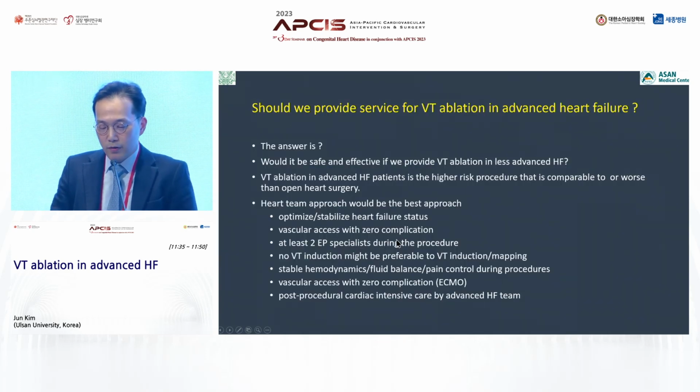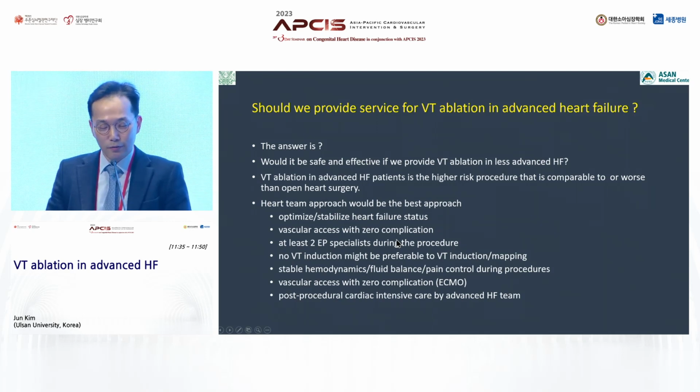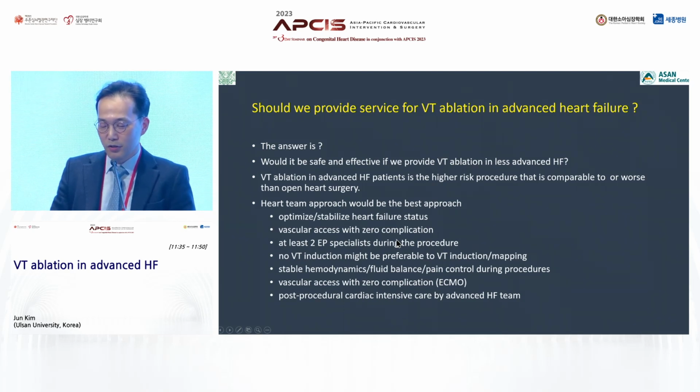Should we provide a service for VT ablation in advanced heart failure? The answer is I don't know, but I think it would be safer and more effective if we provide VT ablation in less advanced heart failure. VT ablation in advanced heart failure patients is a higher risk procedure that is comparable to or worse than open heart surgery. And the heart team approach would be the best approach, and we should optimize and stabilize the